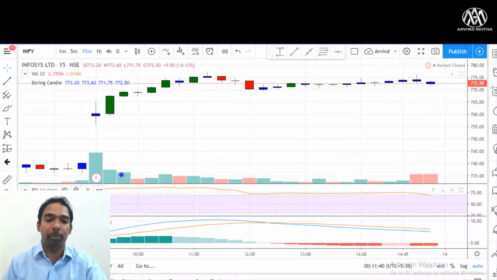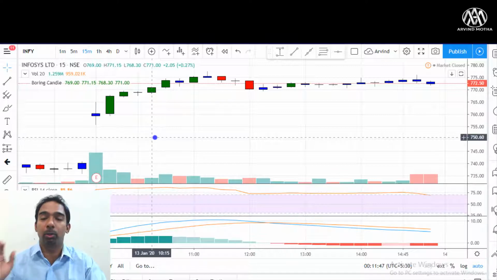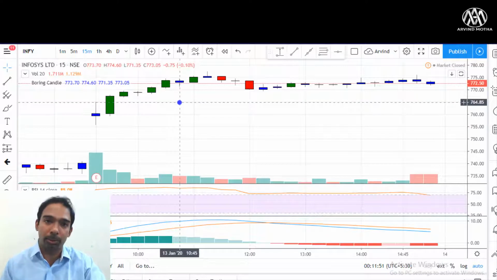A lot of buying is happening in the market, and the MACD lines have converged. All these are good positive signs that it is going to be bullish. So I take a call option, and again I take only an in the money option because it's already 766. I could have taken 780 or 800 CE, but I prefer taking in the money options, which are more